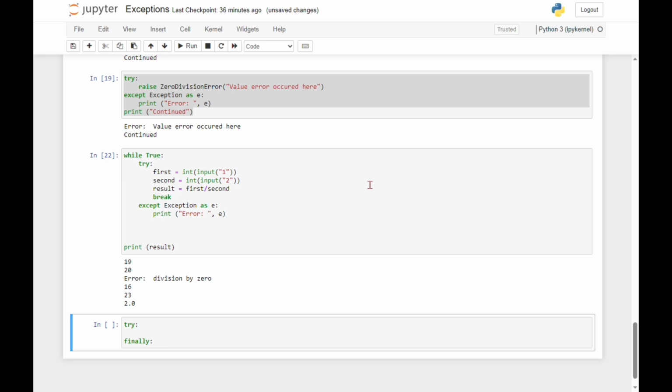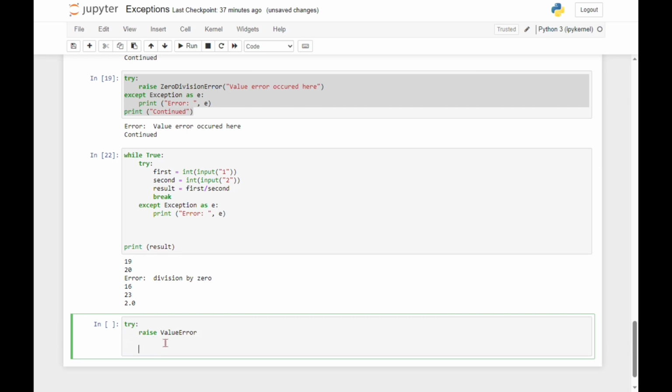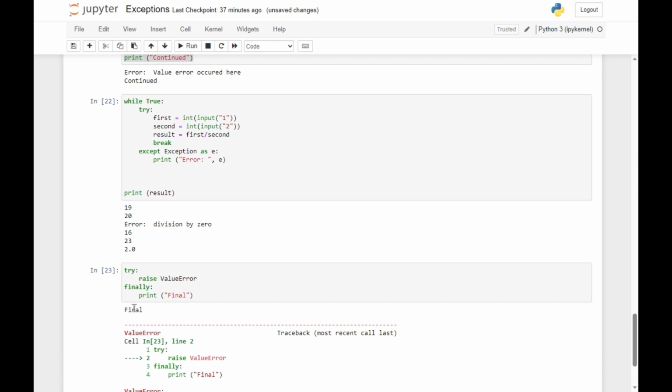So the exception, even if it is not handled by the except clause, the error will be raised again. Now let's assume we got a value error here. No need to put this there. And then finally we print